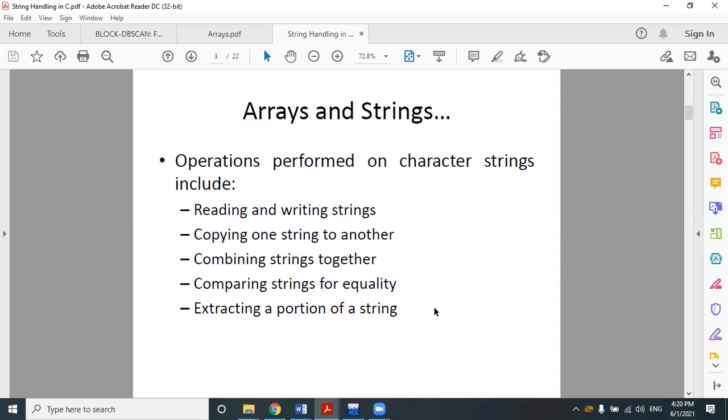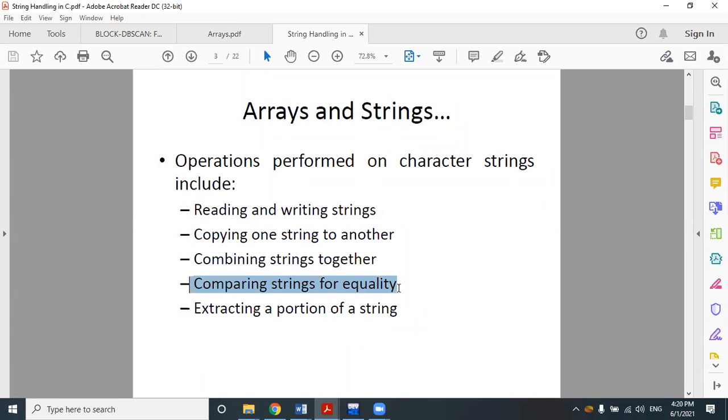Then combining strings together. Combining means we perform the concatenation of two strings. Suppose my first name is Sanjay and my last name is Chakraborty, right? If we concatenate these two, Sanjay and Chakraborty, without giving any space, then they will stick together, first name and last name, in a SanjayChakraborty mode. So that is string concatenation. Concatenation of two words or two terms together is called combining or concatenation of two strings.